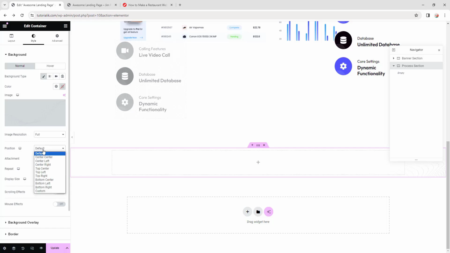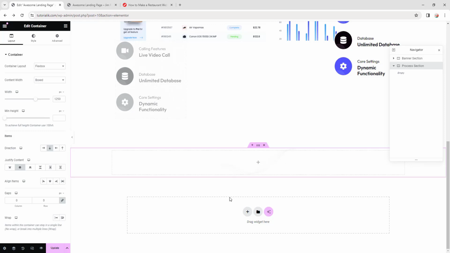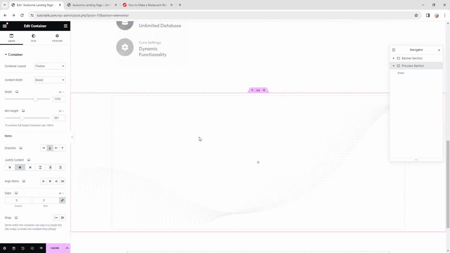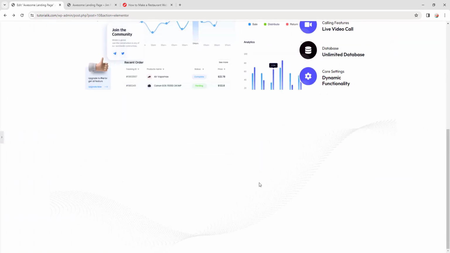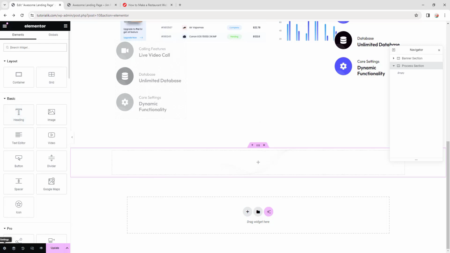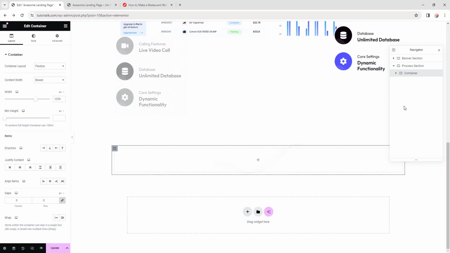Then let's make the position center, attachment default, repeat no repeat, and then display size contain. So right now we can barely see the image, but I'll show you how the image will look when we add more elements inside this box. So let's for now use the min height. Here, as you can see, the image will look like this once we start adding new items in this container. Alright, so now inside this container, let's drag a container in, and we're gonna rename this container section heading,